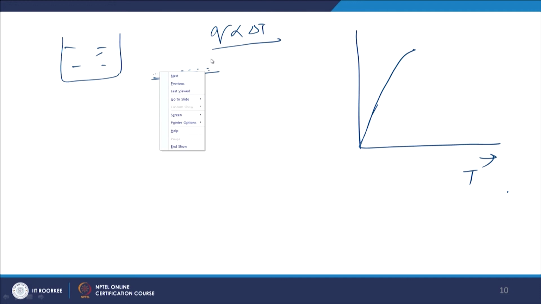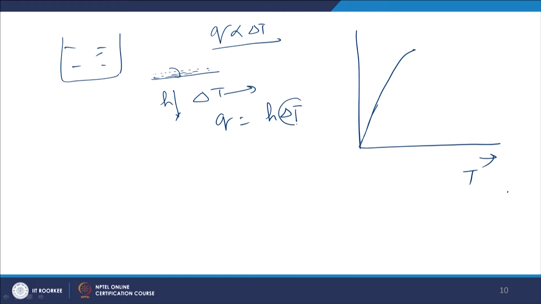So, the fuel will no longer remain in contact with the surface. In this situation, because the same amount of heat has to be transmitted, the delta T shoots up exorbitantly because the heat transfer coefficient reduces drastically, and Q is equal to H delta T. So, Q is the same because of the constant heat flux, due to the formation of a thin film of vapor. I am just telling in a nutshell.